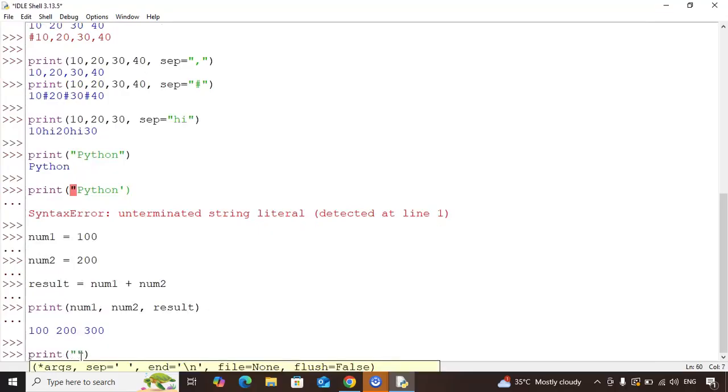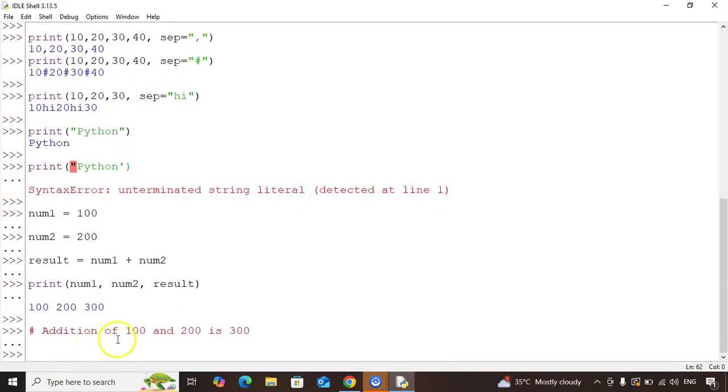and you have to write a string because you're writing a string. What do you want? Let me write what I want as an output first. Addition of 100 and 200 is 300. This is what I want, right? So if you see here, till here, I have to write a string. Then I can use the num1 value, then "and", then the num2 value, then "is", then the result value, right? So what you can do is print